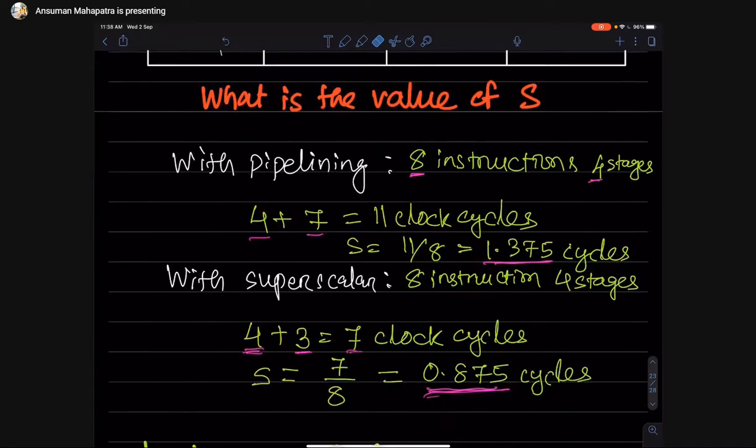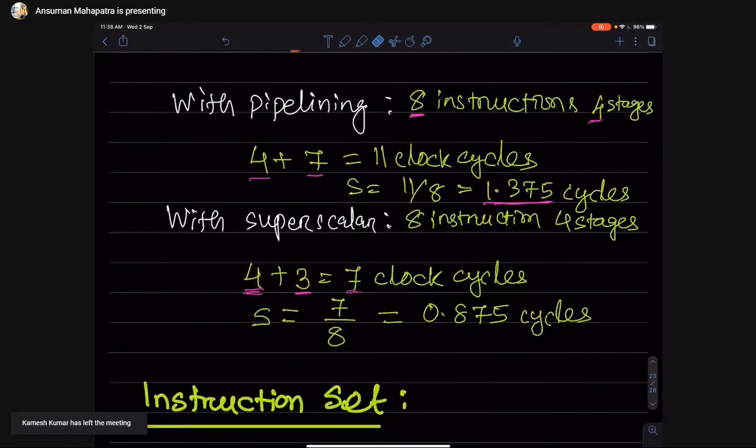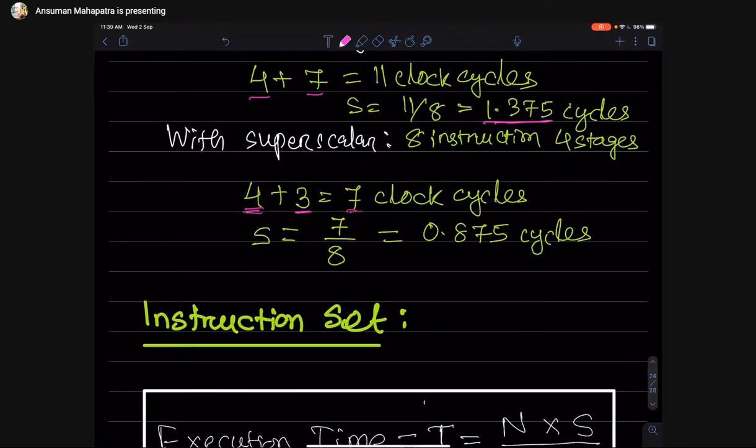We have seen that the s value is now less than 1, and we have improved our s and hence our performance. Understood? These are the two things we can do to improve our s value. Any doubt up to this?